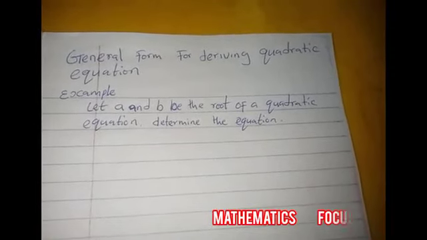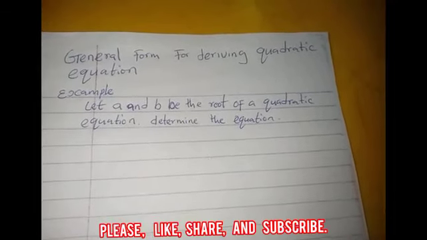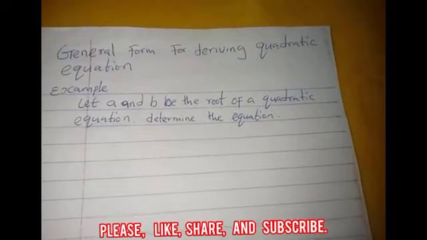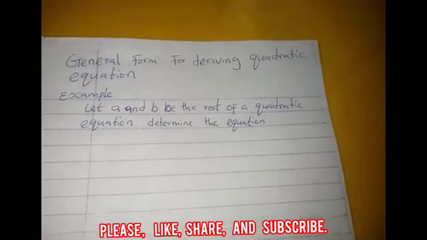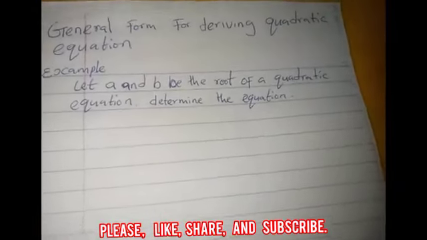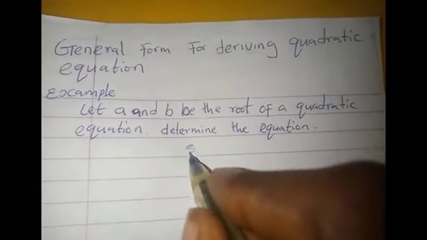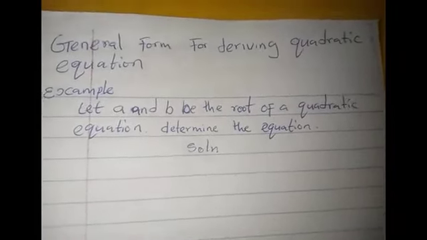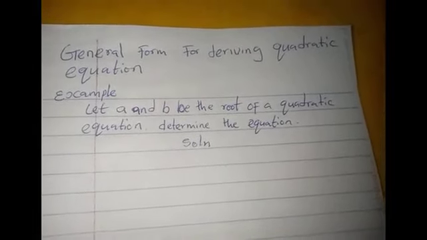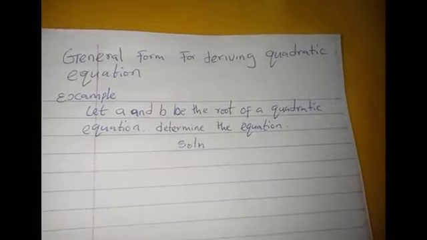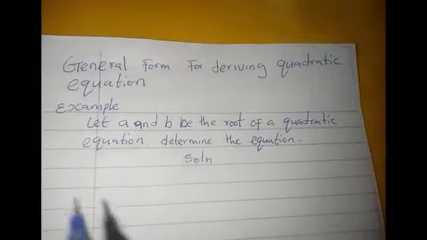Today we are treating the general form for deriving a quadratic equation. Example: let a, b be the roots of a quadratic equation. Determine the quadratic equation. So our question here is, let a and b be the roots of a quadratic equation. Determine the equation. So to determine the equation, we say